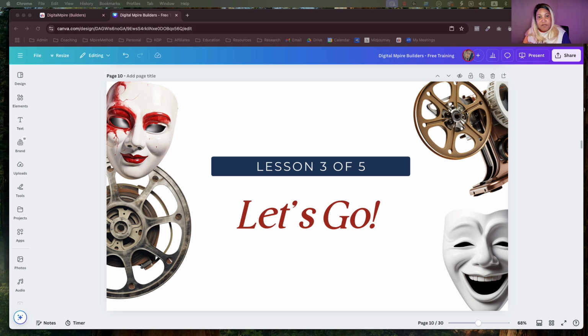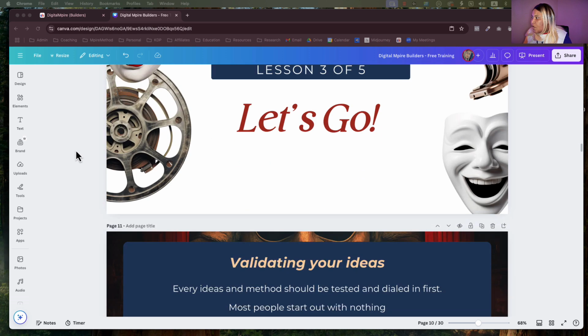Core is just the foundation. Everything else can be mixed or matched, right? But we have to make sure the core is strong so that when you get to mixing and matching, it all lines up and you will know where the breakdown is and you will know what part of your business you need to focus on at any given time instead of being scatterbrained and all over the place. So let's dive in real quick into this training.